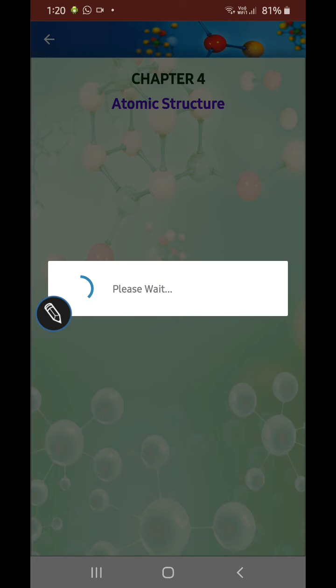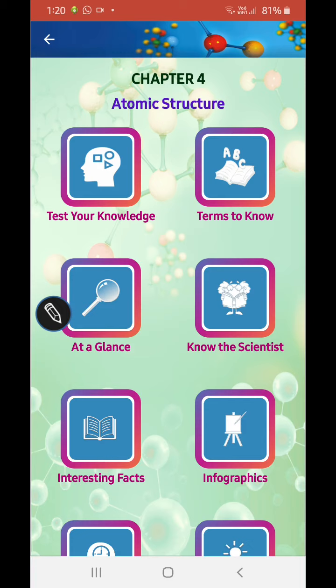So what happened? There were 3 atoms. One is the sodium atom, second is the chlorine atom, okay, and the third one is the neon atom. So the neon, you know what is neon? Neon is an inert gas, right? Now sodium and chlorine both were feeling jealous of neon. Neon does not have to react, does not have to do much work, okay? So they were feeling very jealous of neon.